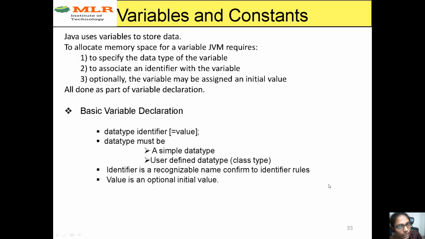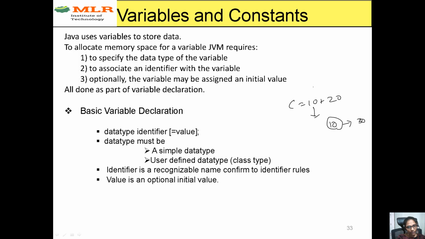So what's the need of a variable? Generally, for example, just performing addition of two numbers, c is equal to 10 plus 20. In this case, consider I'm executing this program 10 times. Every time I'll get the same output, 30 only. So what's the need of executing it 10 times?